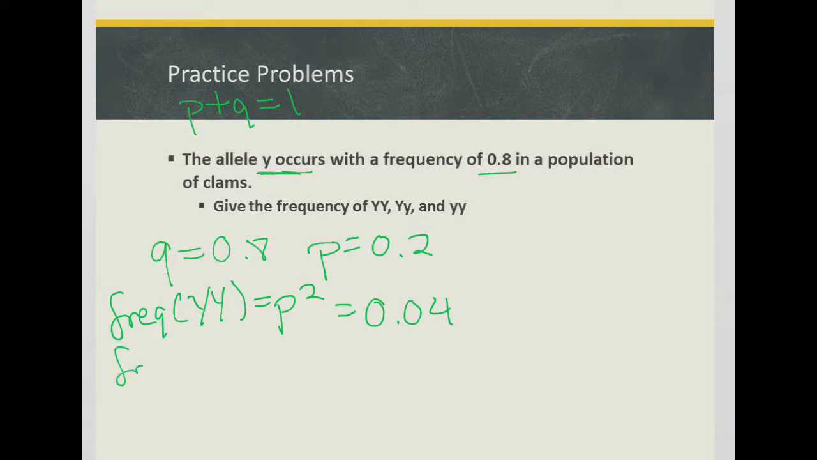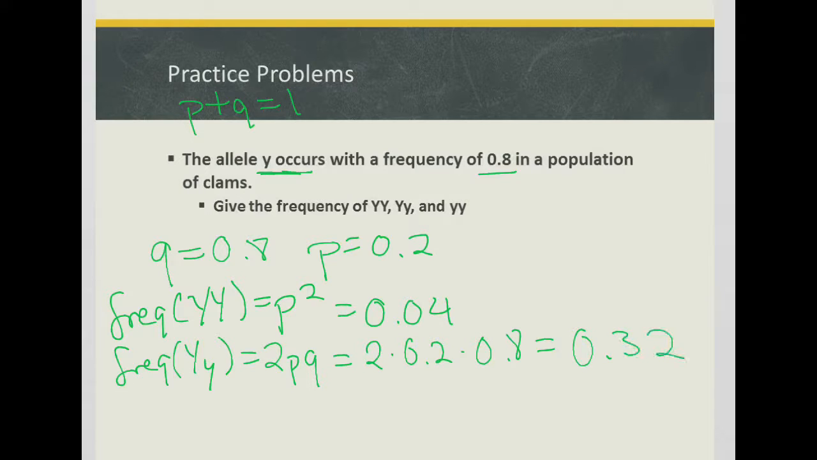I know that the frequency of the heterozygote is going to be 2PQ. So that's 2 times 0.2 times 0.8. And that's going to be 0.32. And lastly, the frequency of the homozygous recessive genotype is going to be Q squared. So I just square my Q value, and that's going to be